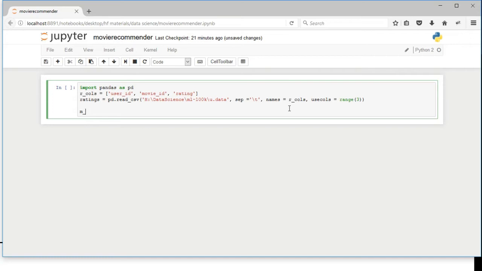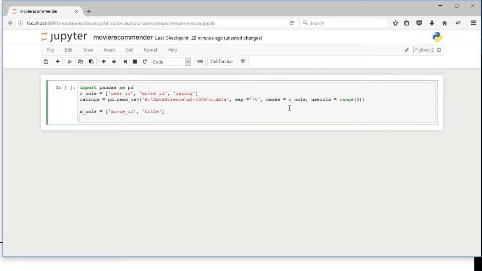Okay, let's do something very similar with movies, and I want to call that m columns, and we will have a movie ID, then we will have a title of that movie. For now I just want to load only this much data,